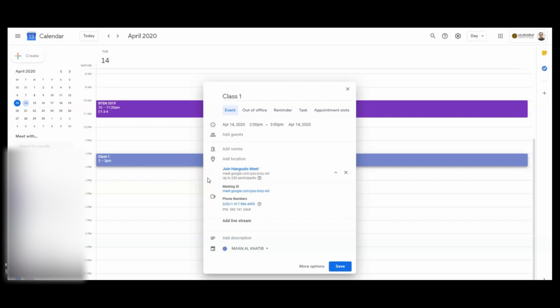However, that will require you as the host of the meeting to approve or give permission for every student in the class to join the meeting. So if, let's say, you have 30 students, when they join the meeting, you will have to grant them permission, and that's kind of hectic